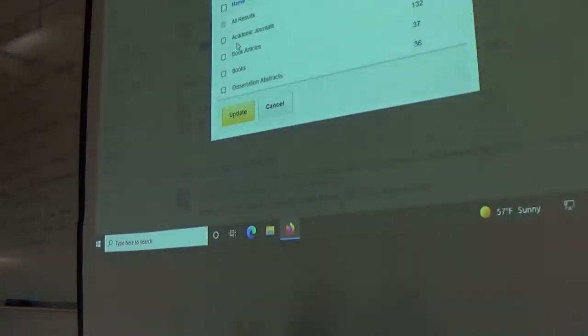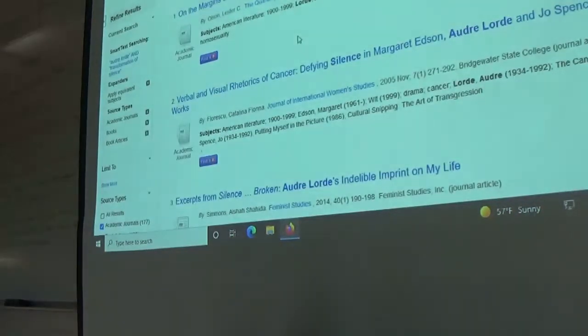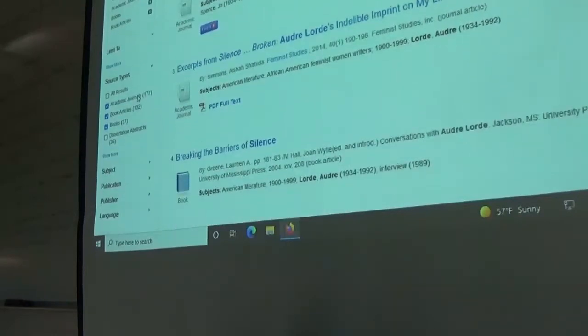So let's say we want things from academic journals, we want things from book articles, we want books. We don't want dissertation abstracts. Those are things you're not going to be able to access anyway. They won't be much help to you. So we update, and that gets us down to 346. Okay, that's slightly more manageable, but not much.